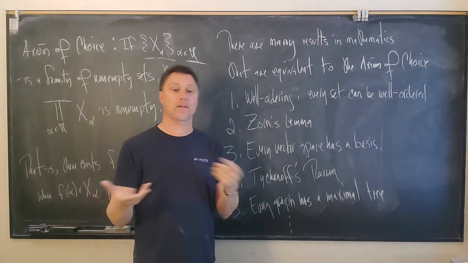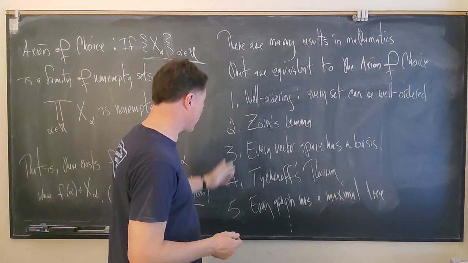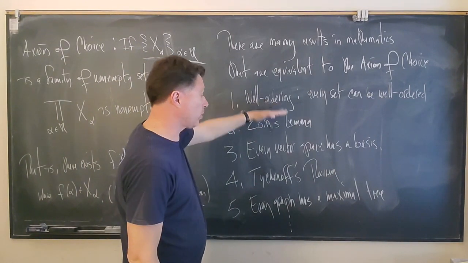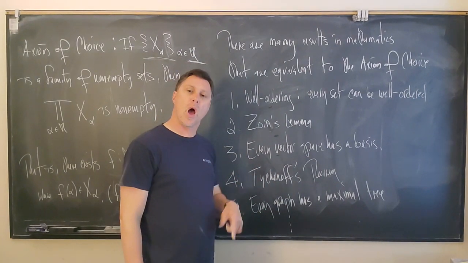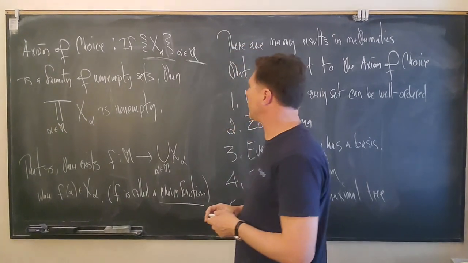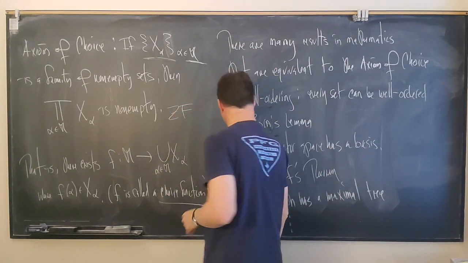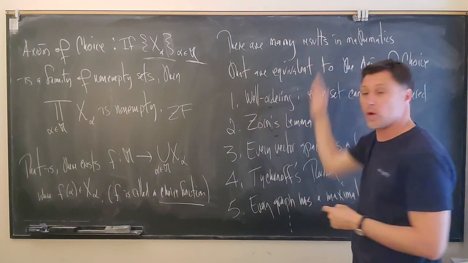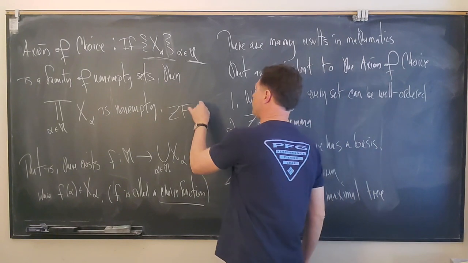And with that as our usual basis for mathematics, you can prove any one of these statements, right? You can prove well ordered. You can prove Zorn's lemma. You can prove every vector space has a basis and so on. But you could also say, you know what, I don't really like the way the axiom of choice is. I would like to do the Zermelo-Fraenkel axioms, but I would like to replace it with one of those on the list. Go ahead. If you want to replace it with Zorn,